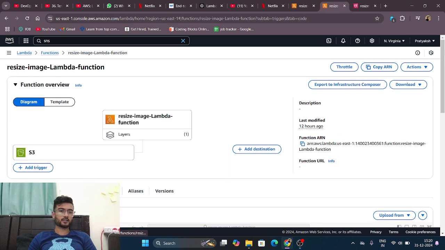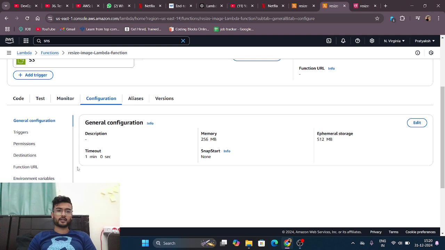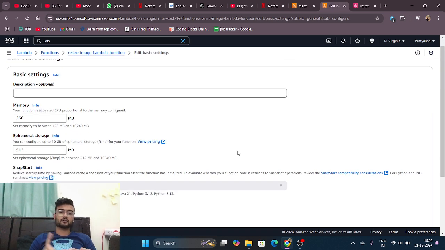Then apart from that, the configuration, you could see the general configuration. Right now the memory is, it must be something else in your device, and the timeout is 3 seconds by default. What 3 seconds means is that the Lambda function will only work for 3 seconds. But if your resizing and your code takes more than 3 seconds, then you have to add more